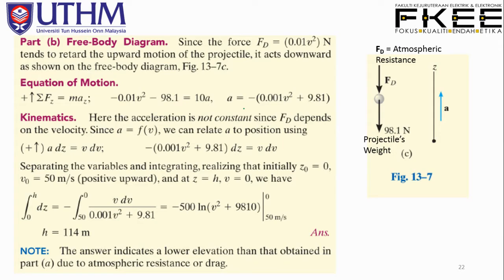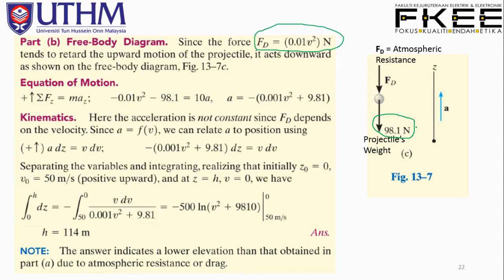Okay, and then this is taken into account, where it tends to retard the upward motion of the projectile. It acts downward as shown in the free body diagram, figure 13.7c. So we have here, all right,